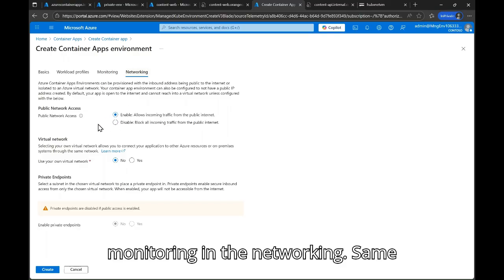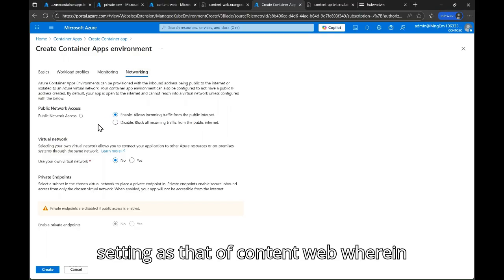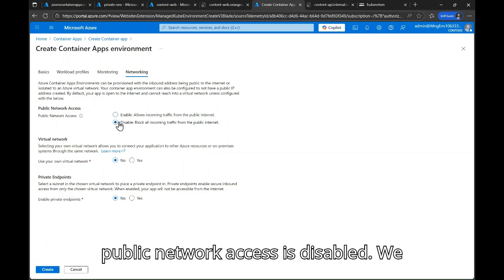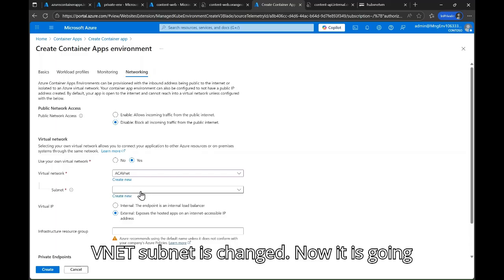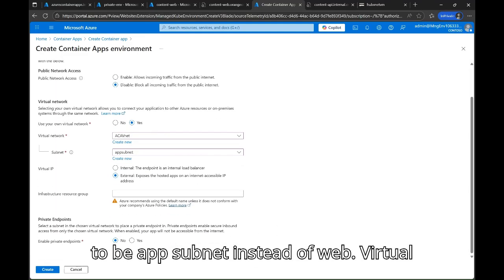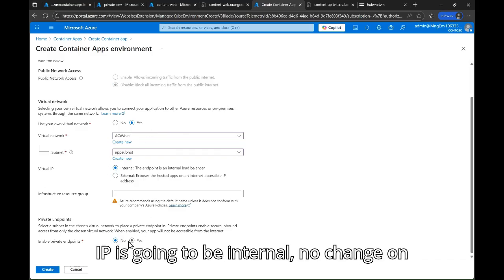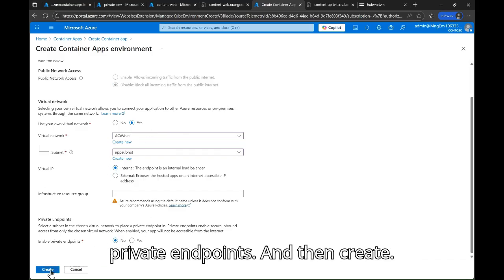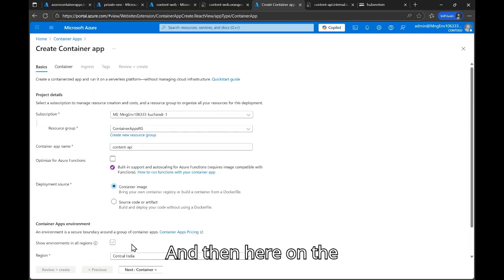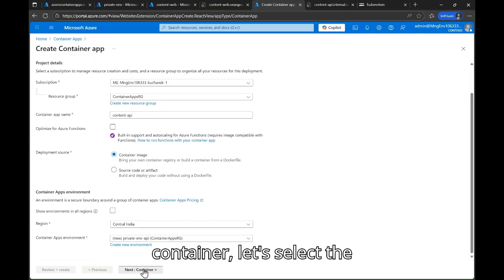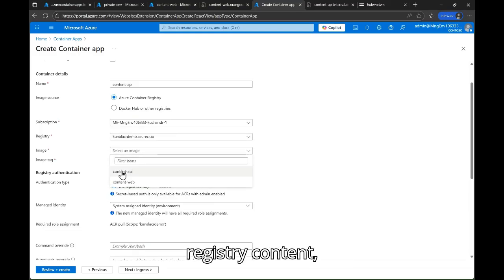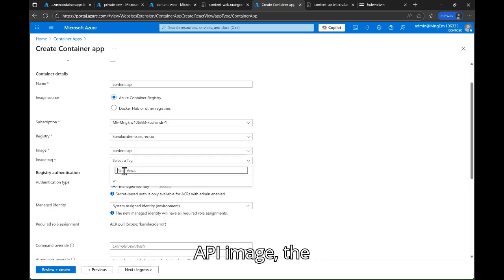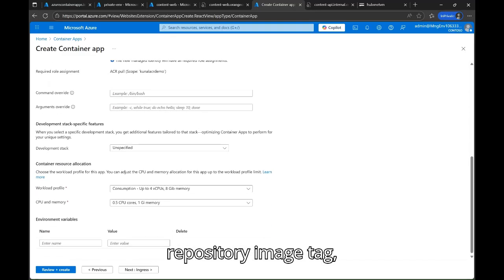In the networking, same setting as that of content web, wherein public network access is disabled. We use our own VNet, ACA VNet. Subnet is changed now. It is going to be app subnet instead of web. Virtual IP is going to be internal. No change on private endpoints. And then create. And then here on the container, let's select the registry, content API image, the repository image tag,